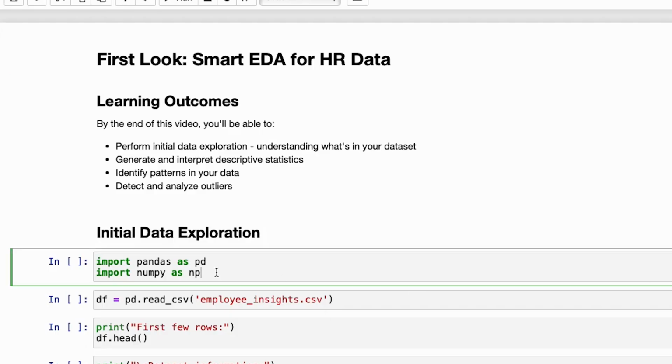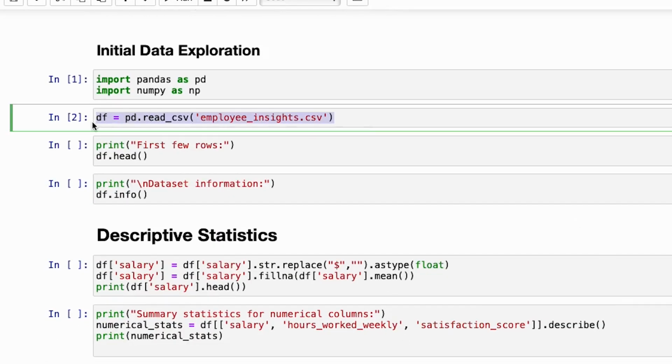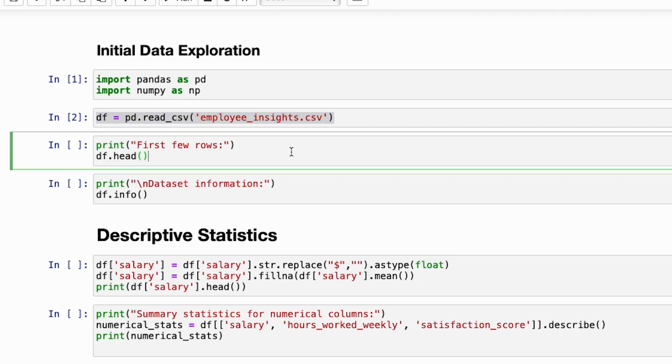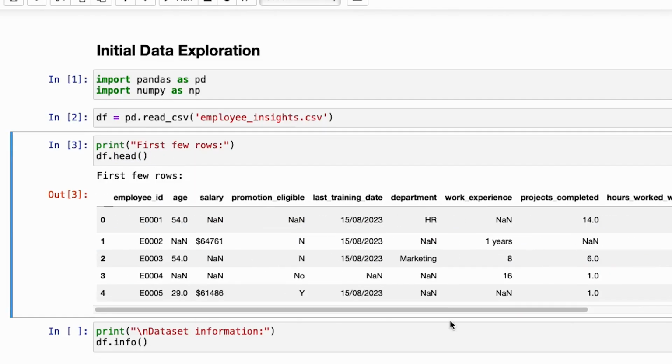Let's start where every data analysis begins, importing our tools and loading the data. Next, we load our dataset using Pandas' read_csv function and examine its contents. Let's take a moment to observe what we see in this output. The head method is crucial for initial data inspection as it shows us sample data without overwhelming us with the